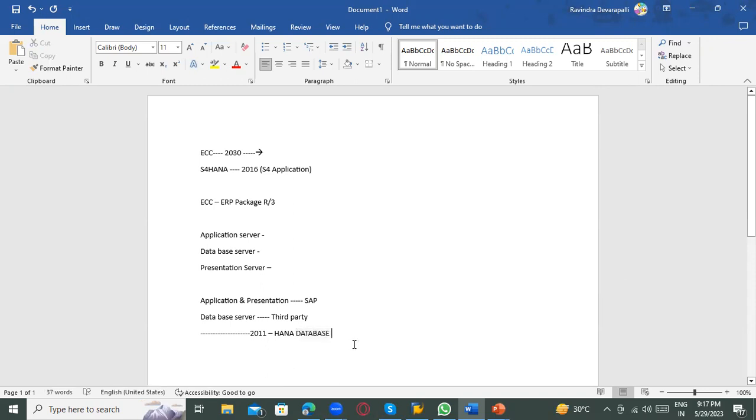This HANA is a database server. HANA is a database. So they introduced the HANA database. It is an in-memory build. In-memory is nothing but